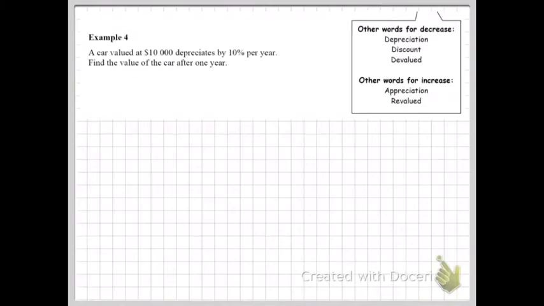Another straightforward example. A car valued at $10,000 depreciates by 10% per year, and we need to find the value of the car after 1 year. This is a percentage decrease question. The rate is 100% minus 10%, or just 1 minus 0.1 equals 0.9, and the progression is again very easy